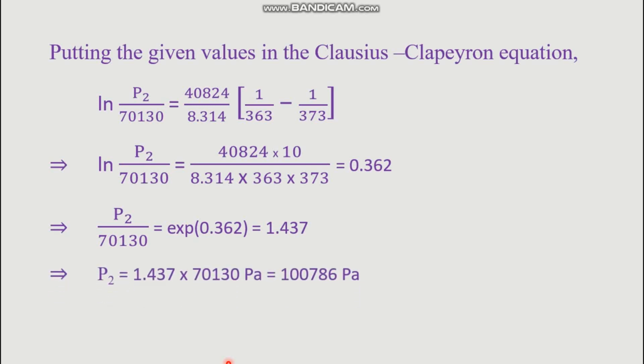Thus we get the value of P2 in the SI unit, that is Pascal, and the desired value is 100786. So the pressure at 100 degrees Celsius is